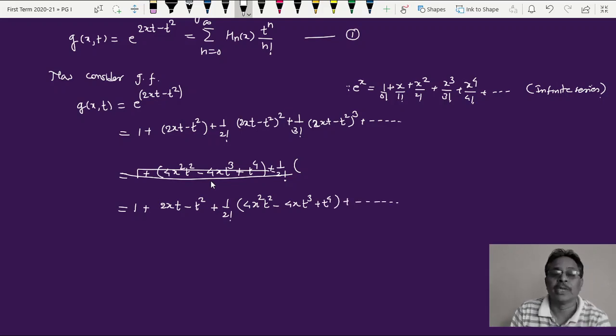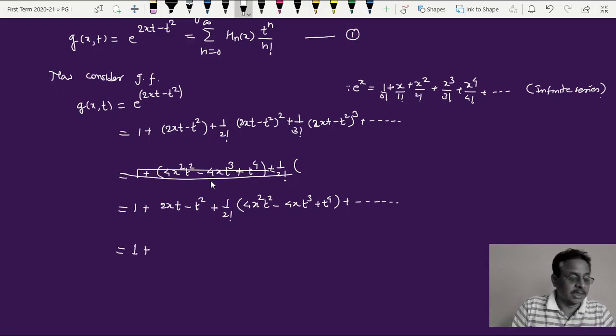Now what we have to do, take terms of t together, t raised to 0, t raised to 1, t raised to 2, t raised to 3, etc. So here t raised to 1, t raised to 2, here t raised to 2 and t raised to 3. So next this term is to be taken from this second bracket here while taking this t square term together. So using this, I'll get another equation as